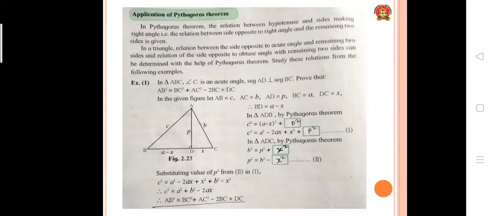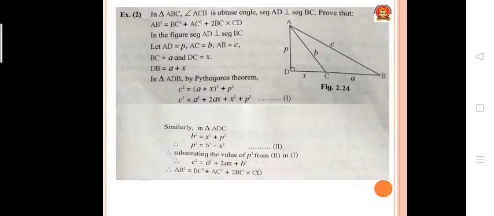Good morning, students. Today I am going to explain the application of the Pythagoras theorem and the Apollonius theorem. Both of these applications, including the Apollonius theorem, are based on the Pythagoras theorem. If you know the Pythagoras theorem, then it is very simple to understand. In the Pythagoras theorem, the relation between the hypotenuse and the sides making a right angle,